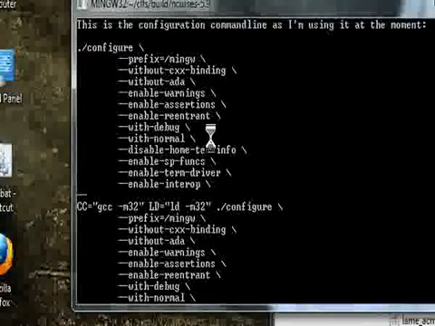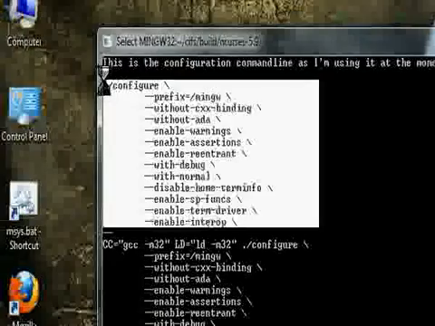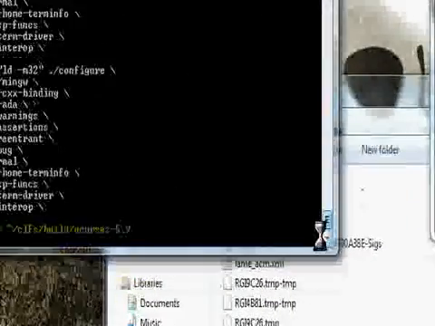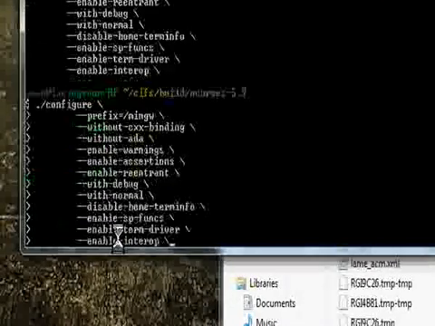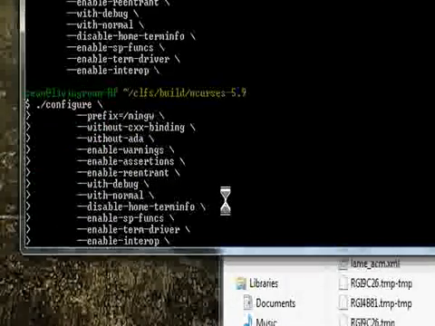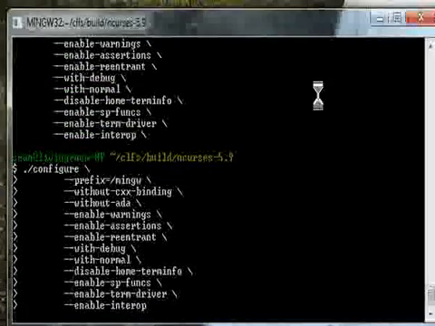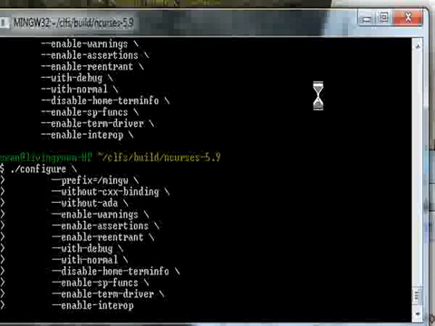And this right here is everything I wanted. So go ahead and highlight all of that and right click. I'll come down here and I'll right click again and hit enter. And this will start the configure script with all the options that I want to use to compile for MinGW. This script takes a little bit of time, so I'm going to go ahead and end this